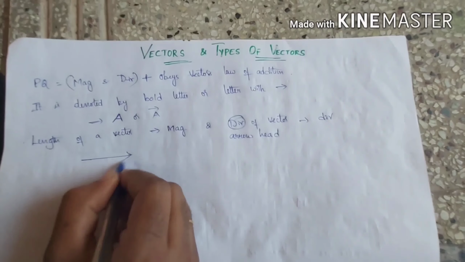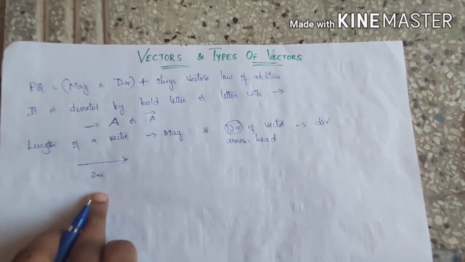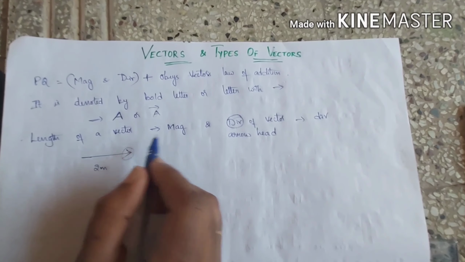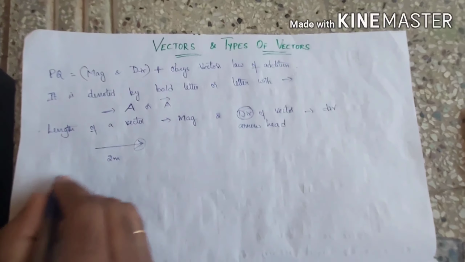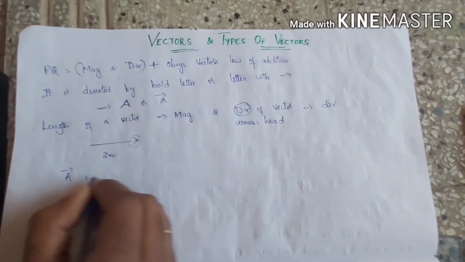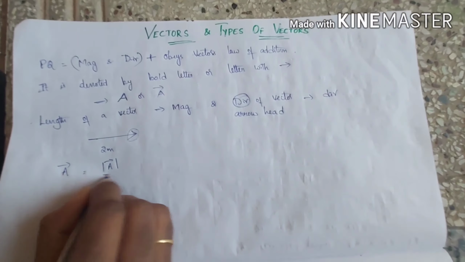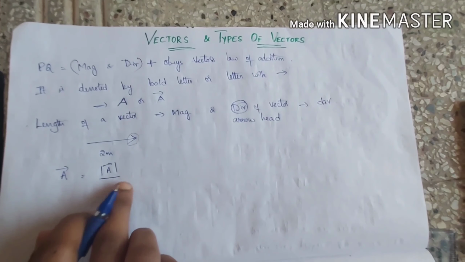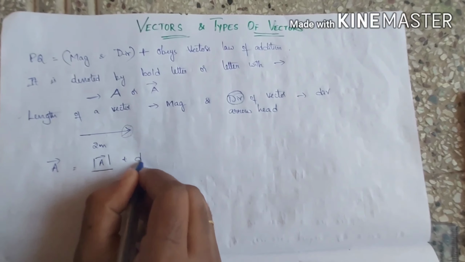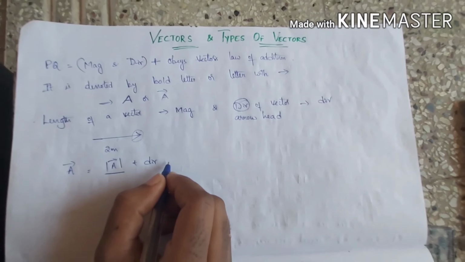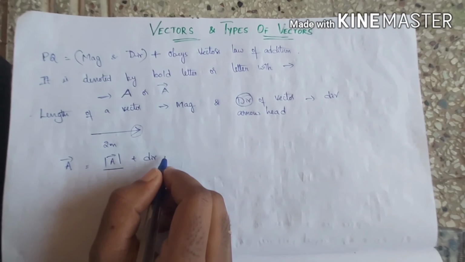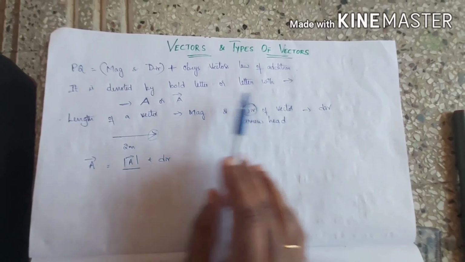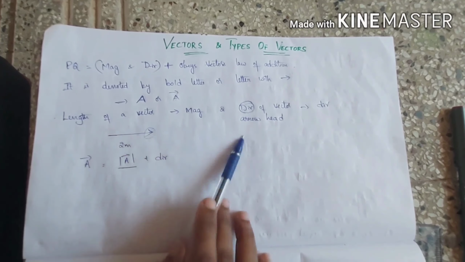So if this is my vector now, if this length is 2 meter, then the magnitude is 2 meter and this is the direction, which means it is along x-axis or towards the east. But later on, a vector is represented with mod A. This must be read as mod A, modulus of A. Modulus of A is nothing but magnitude of A plus direction. Whether it is due north, along x-axis, due south, due west, along y-axis, negative y and all. So this is very basic. Always obeys vector laws, magnitude and direction, the representation, length.